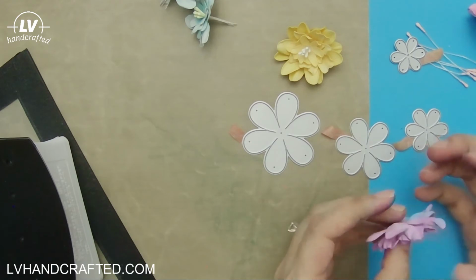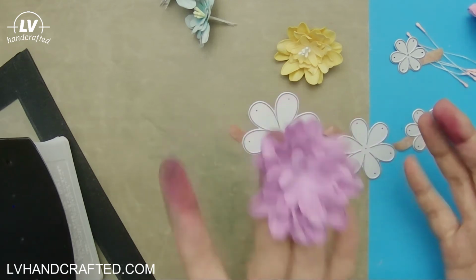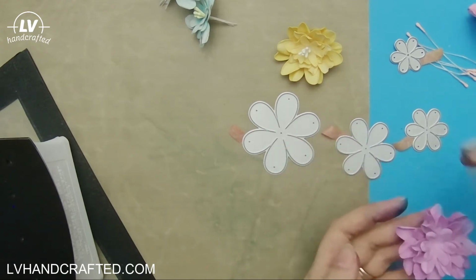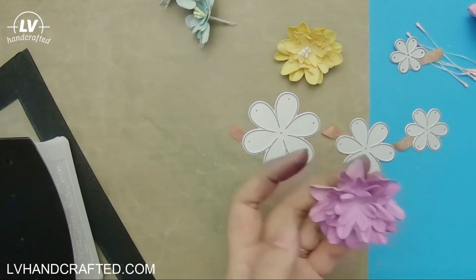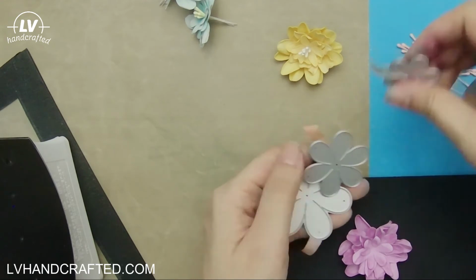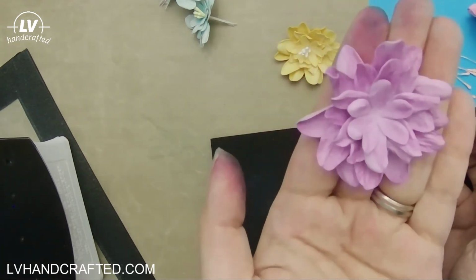That's the other reason why I like using the Beacon 3-in-1, because it's not 100% dry yet, and so I can still poke something through that with relative ease. And once the stamens are poked through, there will still be some glue in there, and that'll also help hold everything in place. Okay, so now that I've got all my layers stacked, you can see how